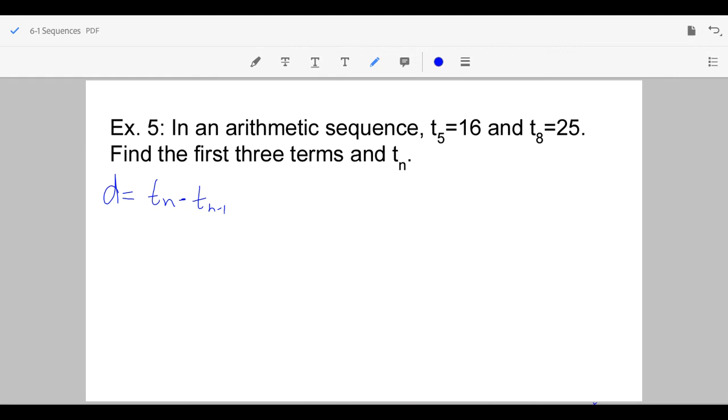We're adding it 3 times. So to get that common difference, we're going to take term 8, subtract term 5, and then divide by 8 minus 5, or 3, because there are 3 times that we're adding this common difference. So term 8 is 25, term 5 is 16,